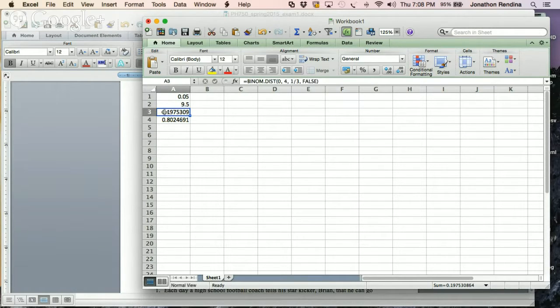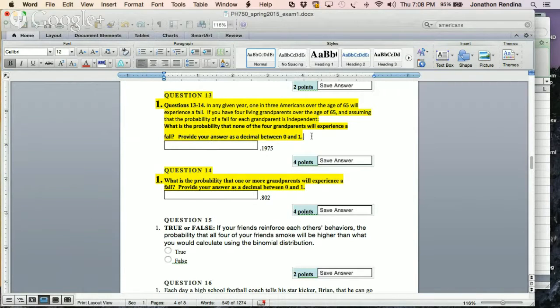Okay, sorry. So that I don't confuse people, let me just say, calculating the probability of 0 falling and then subtracting that from 1 will give you the probability of 1 through 4 falling. Because I don't want to make this more confusing and sit here, I will just move on. But all you have to do is recognize that what you've already done is calculated the left-tailed probability. And so what you need next is the right-tailed probability. Calculating the right-tailed probability, the easiest way to do that is to calculate the left-tailed probability and subtract it from 1. Instead of confusing you by giving you a more complex way of doing it, let me just explain that